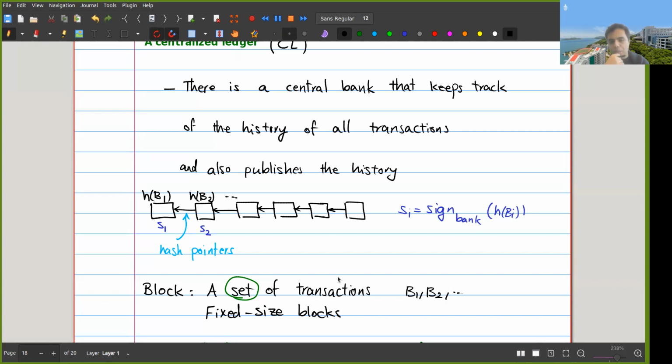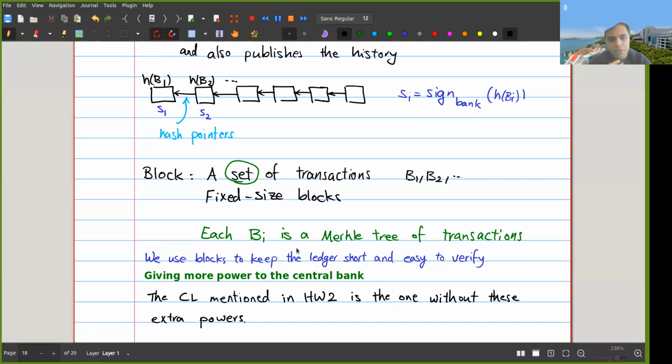And also, if the bank wants, they can just shut down the whole system. They can say, okay, we're no longer adding new blocks, and that's also not great because we have a single point of failure. Or if someone does, let's say, a DDoS attack on the bank and makes the bank disconnected, then that's also a problem because they wouldn't be able to get the transactions and process them anymore. Okay, so